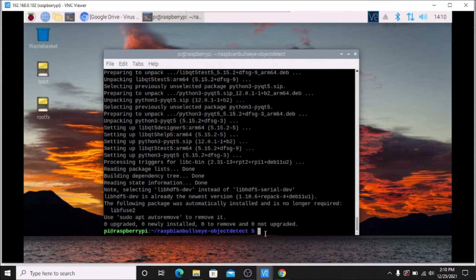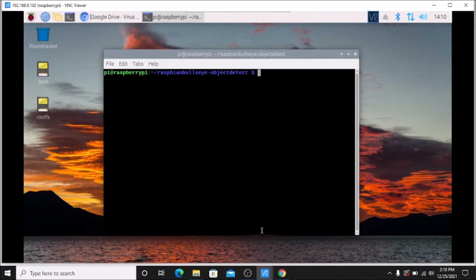So friends, as you can see, the first script ran successfully. Okay, the process completed. Now we are going to run our second script. The second script is basically for installing OpenCV. Also it will configure, or build, a TensorFlow package. Also it will install CVLIB. So it will take some time, remember that.